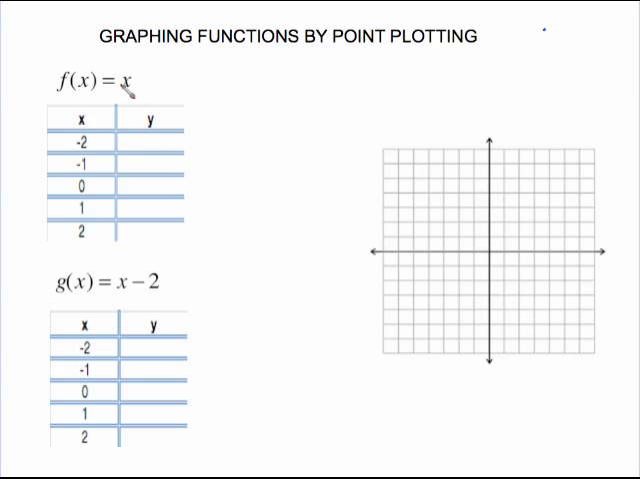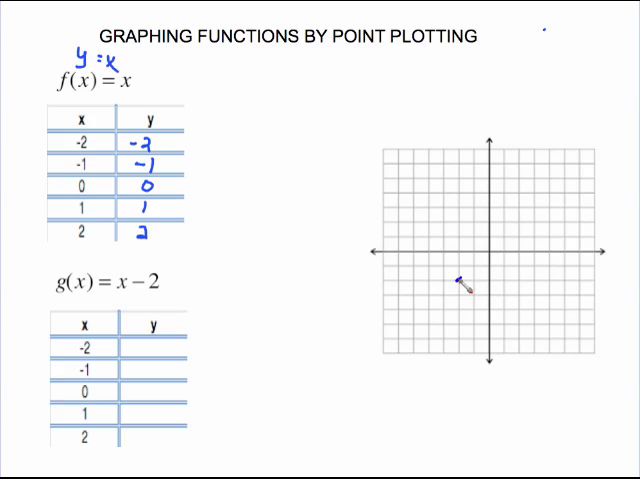So this is my function, f of x equals x. Remember, f of x is just the same thing as y, so if you need to, you can think of this as just being y equals x. So put -2 in here, we're going to get -2 back. Put -1, we get -1 back. For this function, all of the x values and the y values are the same. So if we're going to graph this,